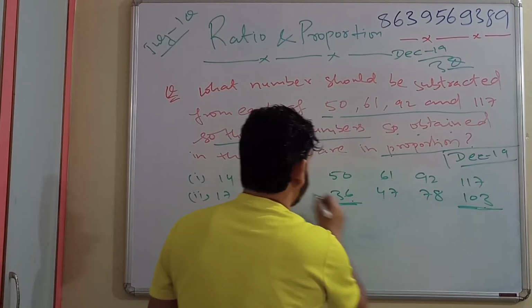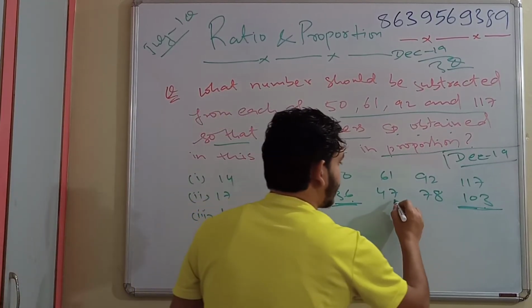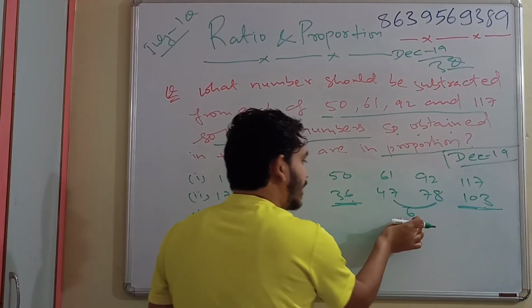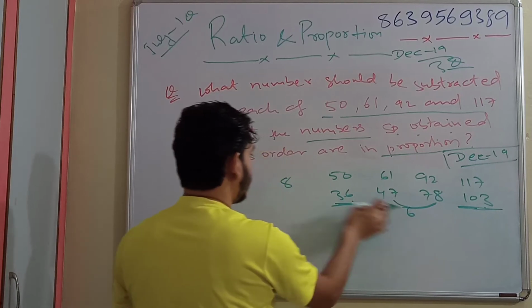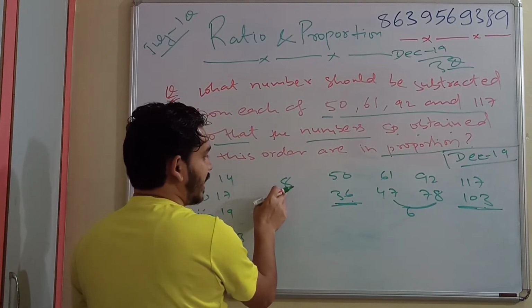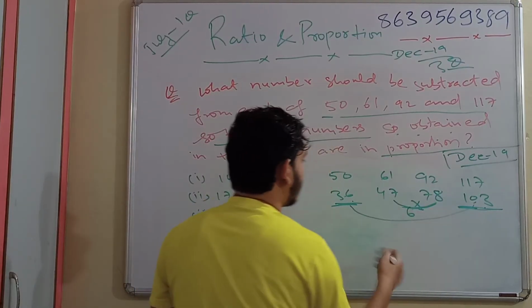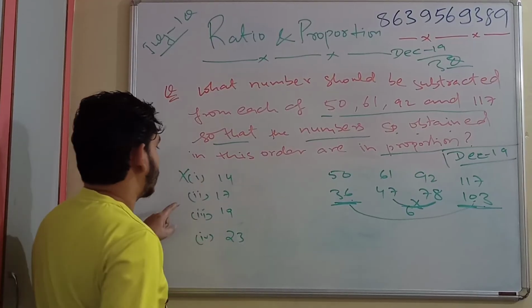6 3s are 18. You will get the unit place as 8. But when you multiply the inside ones, 8 7s are 56, meaning you will get the unit digit as 6. Unit digit will be 6 over here, and unit digit will be 8 over here. So the multiplication of those two numbers will never be equal. Fine. This cannot be the correct option.